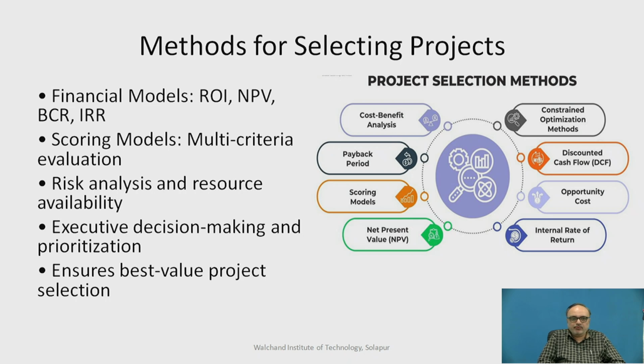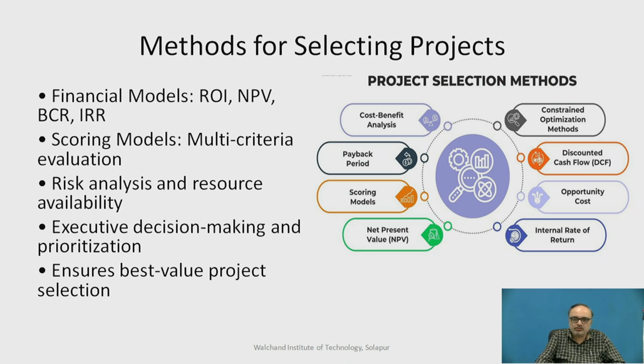That is, we have financial models like ROI, NPV, BCR, IRR; we have scoring models with multi-criteria evaluation; and we have risk analysis and resource availability. Executive decision making and prioritization ensure the best value project selection. So all these are methods that can be used for selecting a project